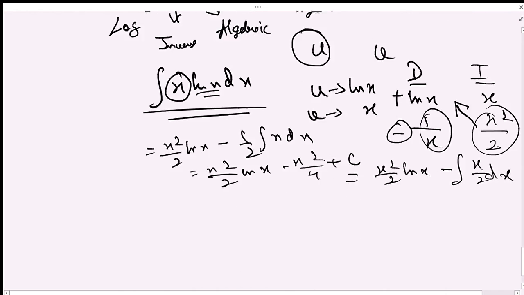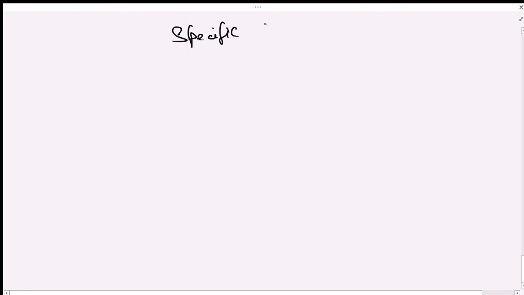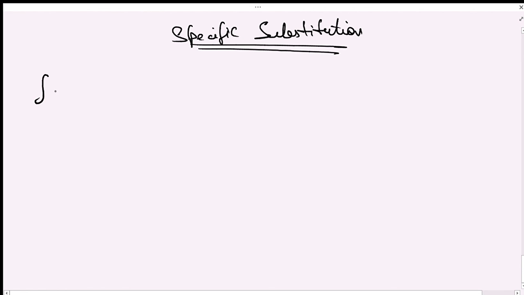Now, understanding the substitution case, where what substitution is actually needed. So I'm giving you the chart of that. So, specific substitution. Okay. So if you have the function f of phi x times phi dash x dx, this sort of an